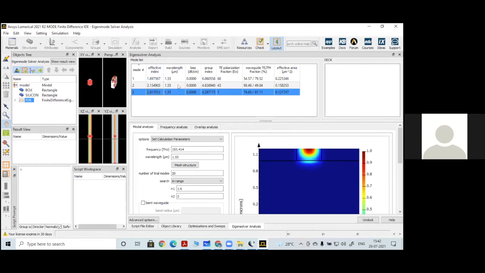So as I told, there are 3 modes. All these 3 are the modes for this particular waveguide at the selected wavelength 1.55 micrometer. The effective index for mode number 3 is 2.817033. The wavelength is 1.55. You can see the loss. The loss is completely 0 because silicon is completely transparent at the wavelength of 1.55. You won't get any leakage into the cladding region. And this is the group index parameter, that is 4.287173.